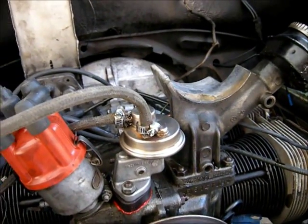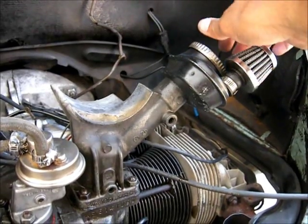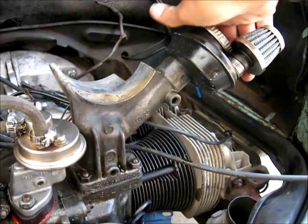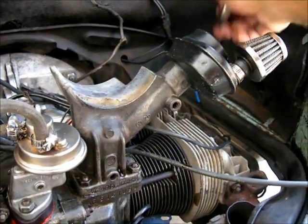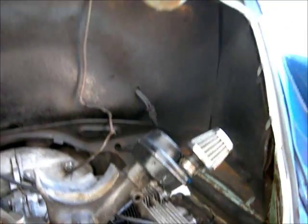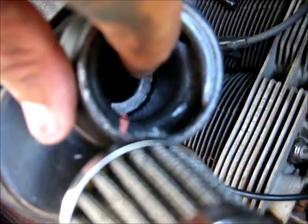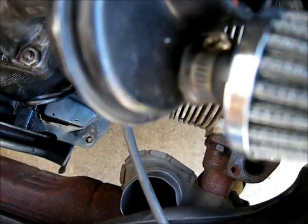Alright, that should seal that. Next we're going to take care of the leak that I got on my oil filler. The way we do this is you look inside, you see this ring right here. You get something